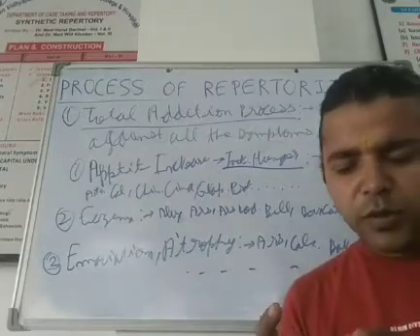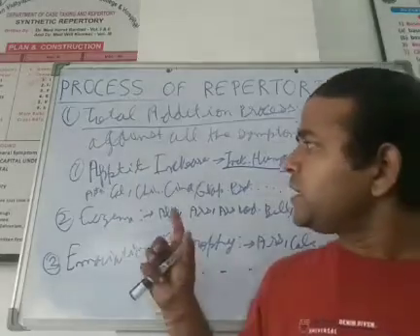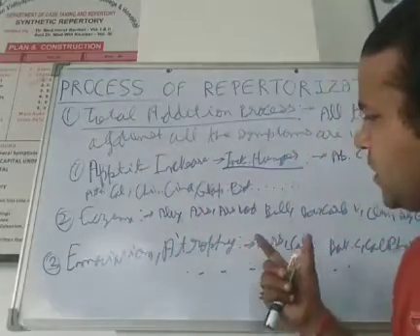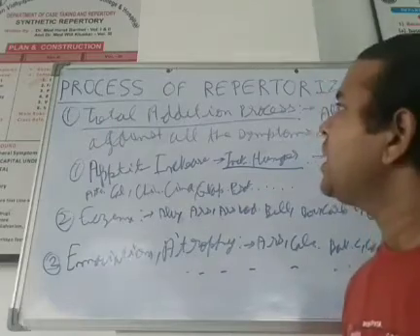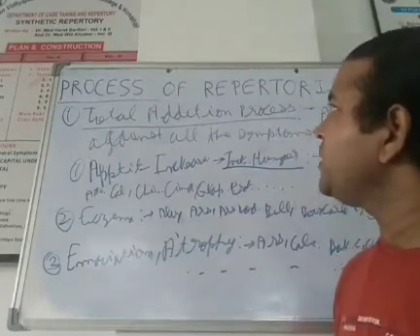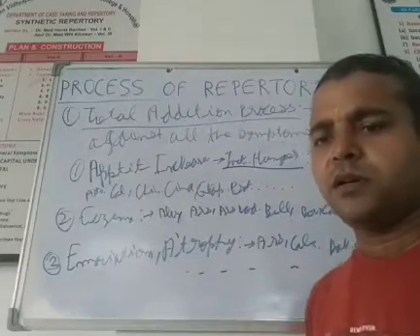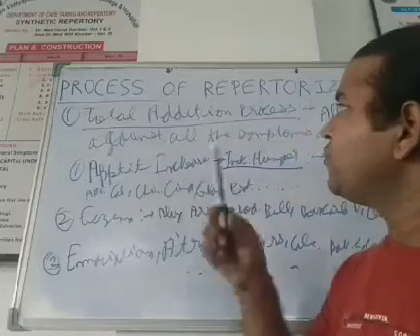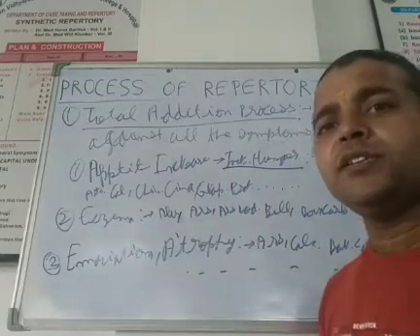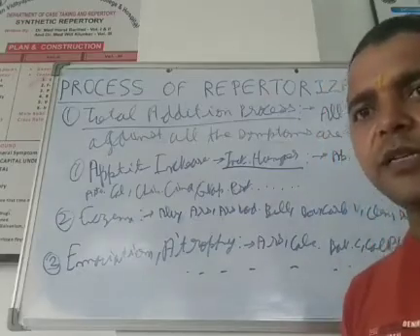So that's why, my dear students, it comes in a gist. You have to write in the exam, and most of the time the process of repertorization may come as a 10 marks short note, in which you have to explain one is total addition and another is the elimination method. So in the next class we will discuss the elimination method. Thank you, dear.